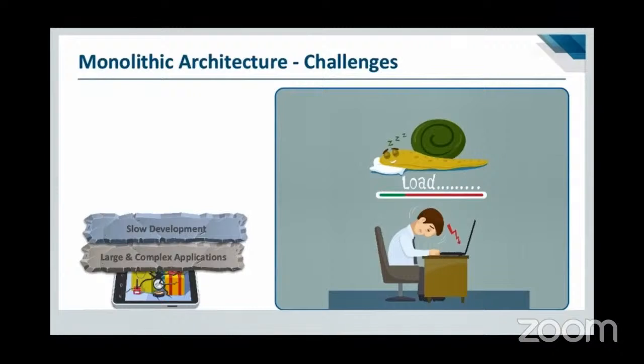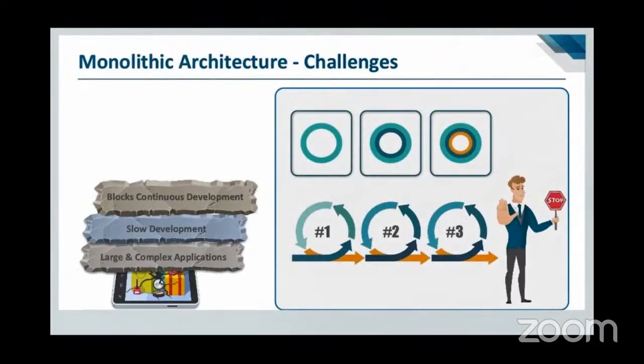At the same time, it was very brittle, right? It's highly cohesive and highly coupled code, so it's very brittle. It also blocks continuous development, meaning that you can't update an object in isolation. If you have a small update in a component, you still have to update the entire application. And sometimes that small change could have an adverse effect on some other component, leading to a risk. So that is why companies are hesitant to even adopt fast releases.